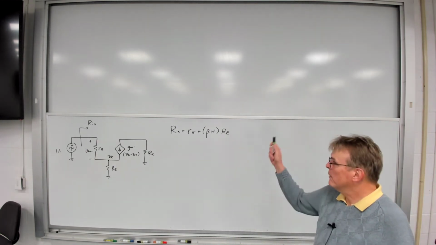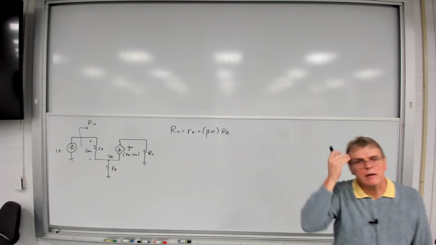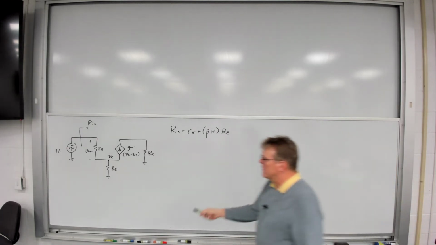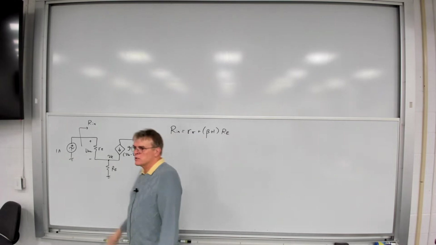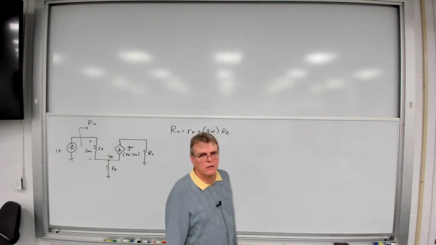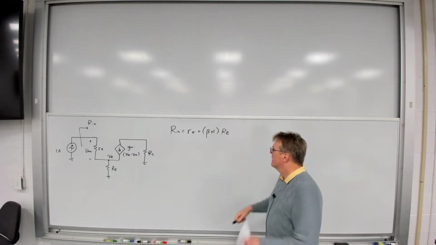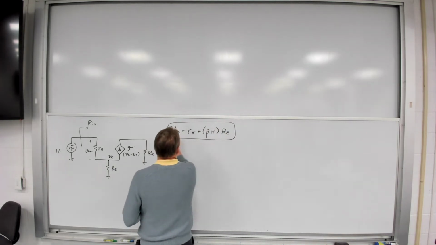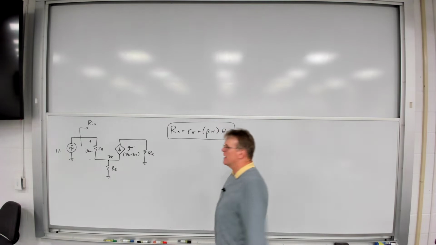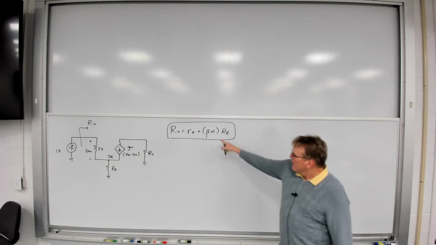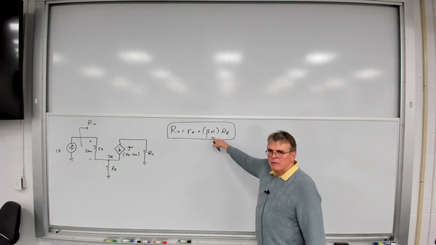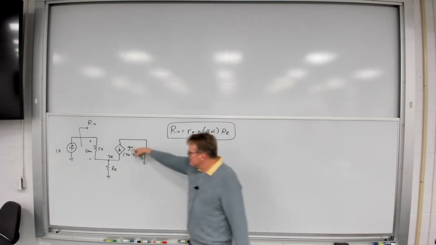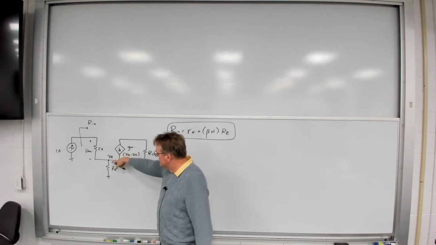So last time we were looking at our analysis of the common emitter amplifier with an emitter degeneration resistor, and we did the Rin calculation, the input resistance calculation. And we got this result. Rin is equal to r_pi plus (beta plus 1) times RE. That beta plus 1 multiplication for RE is due to the current that's being injected into this node by that